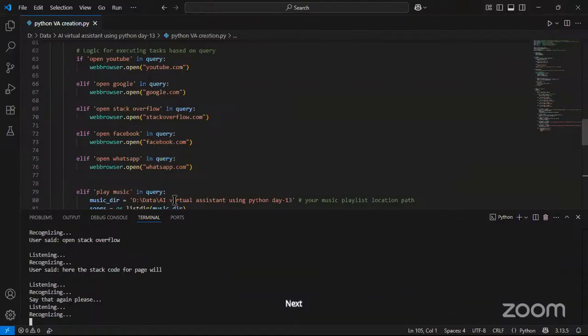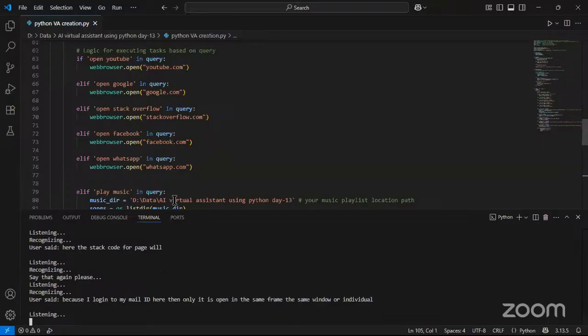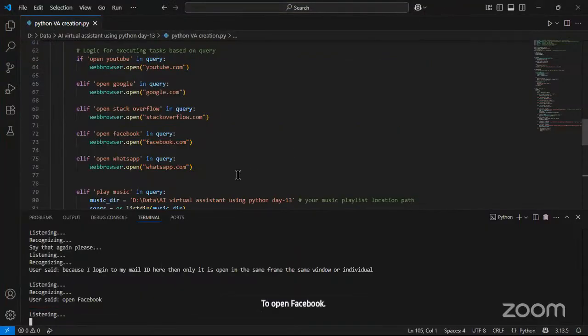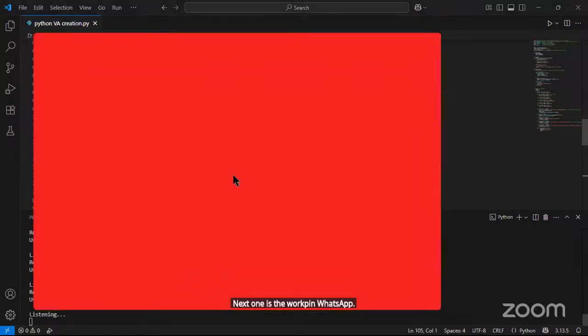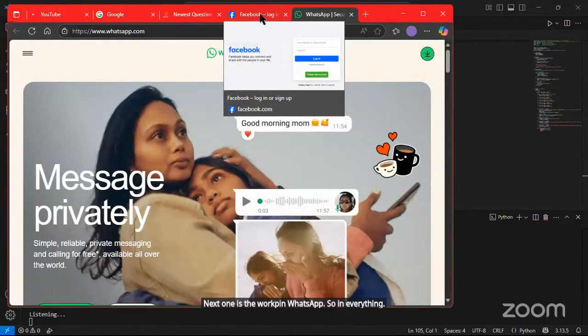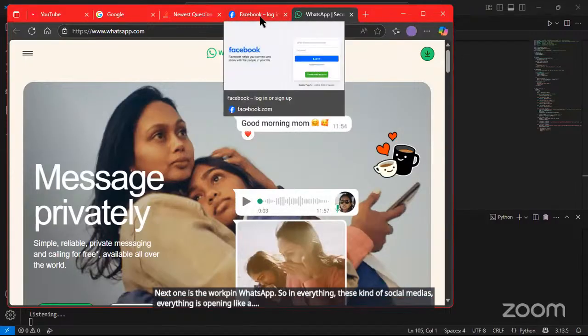Next one, open Facebook. Next one is open WhatsApp. In all of these social media sites, it only opens the login page.